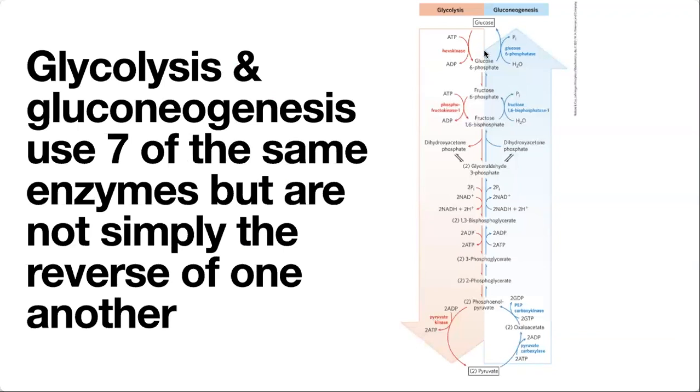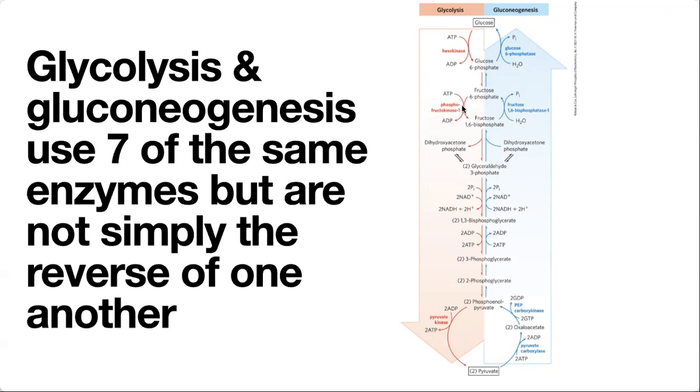So for example, the first reaction of glycolysis is carried out by hexokinase. And in gluconeogenesis, the opposite reaction is going to be carried out by glucose-6-phosphatase. And these can be regulated reciprocally, so that when we turn off hexokinase, we turn on glucose-6-phosphatase, and things like this. Similarly to fructose,